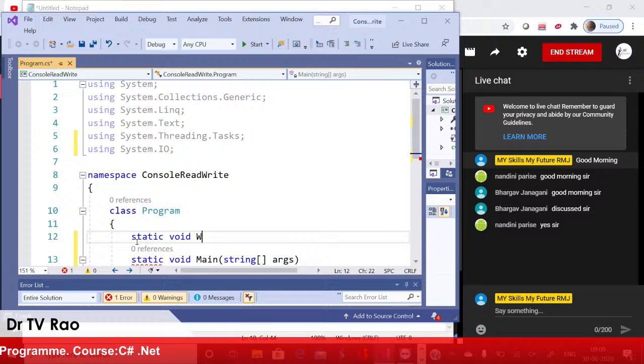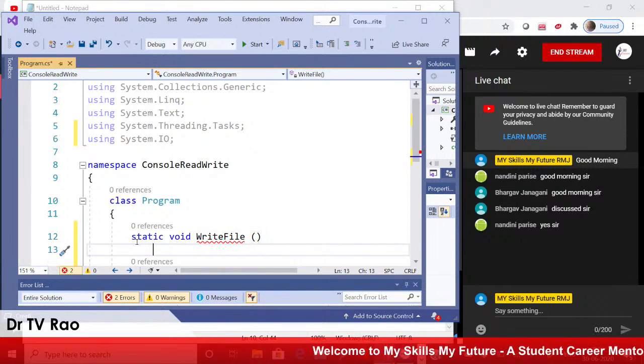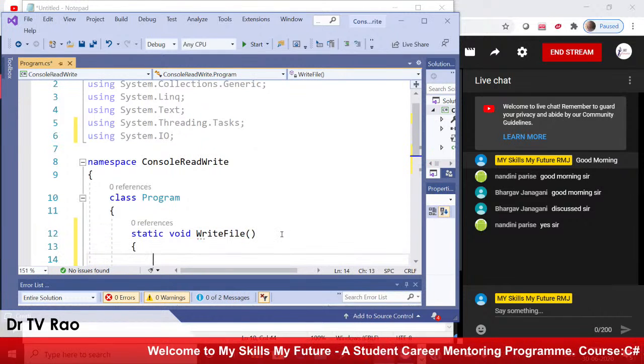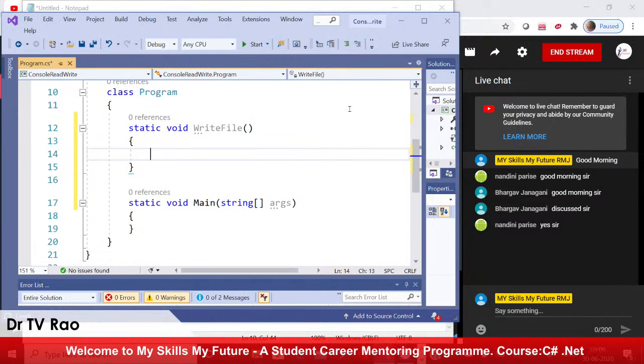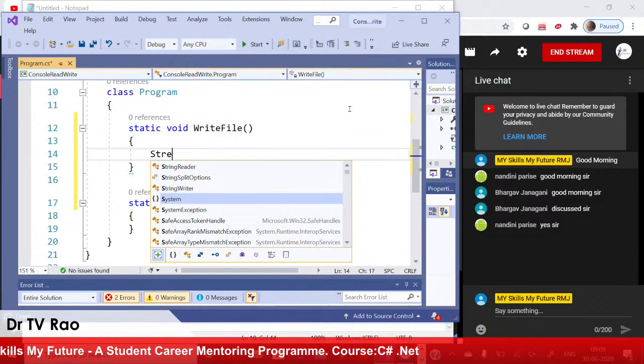The name is say WriteIntoFile or WriteFile. Okay, so use a class by name